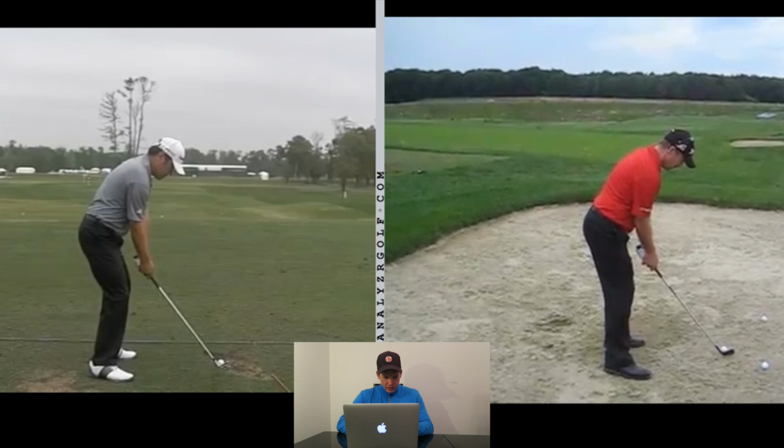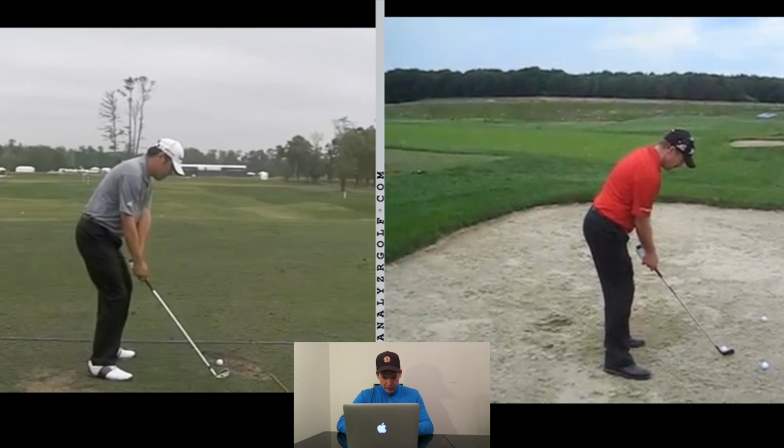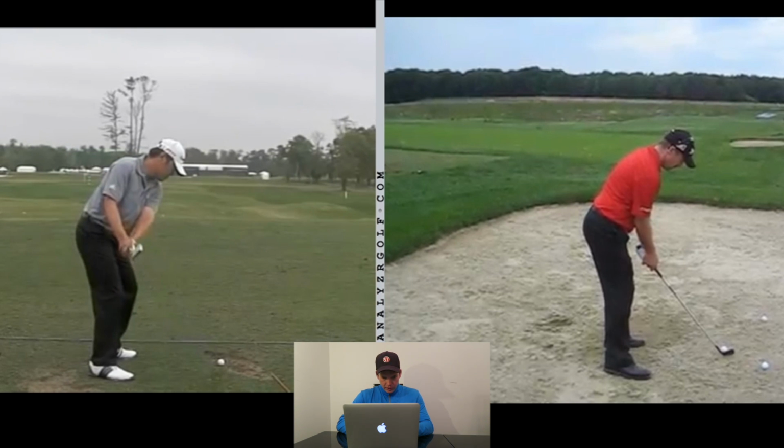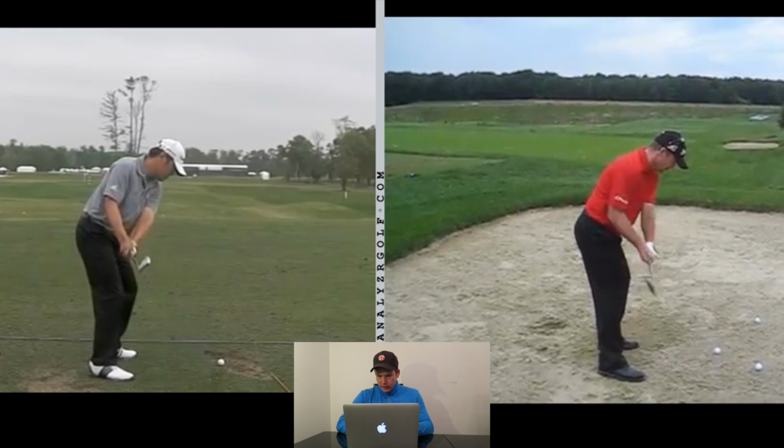So let's take the swing back now. This is where we start to see a few differences. You can see Charlie, as he takes the club back, his hands move inwards, his club head stays outside his hands. So we take it back to P2, roughly about there, and with Rod, he tends to fan open the face a little bit more than Charlie, where you can see here at this point P2, you can see how the club face angle in Charlie's case is very similar to his spine angle,